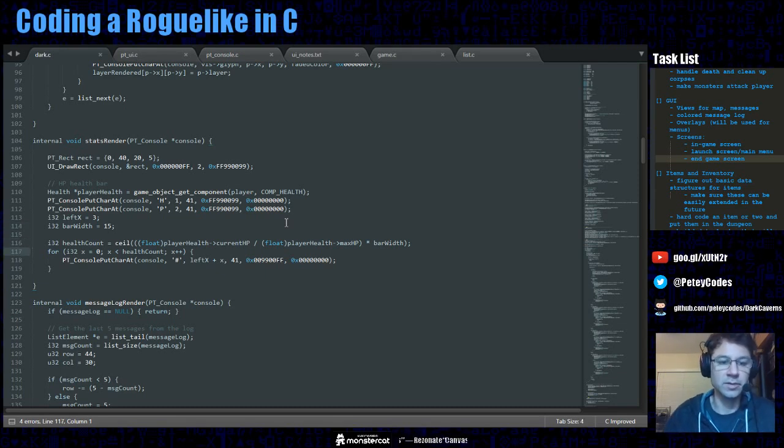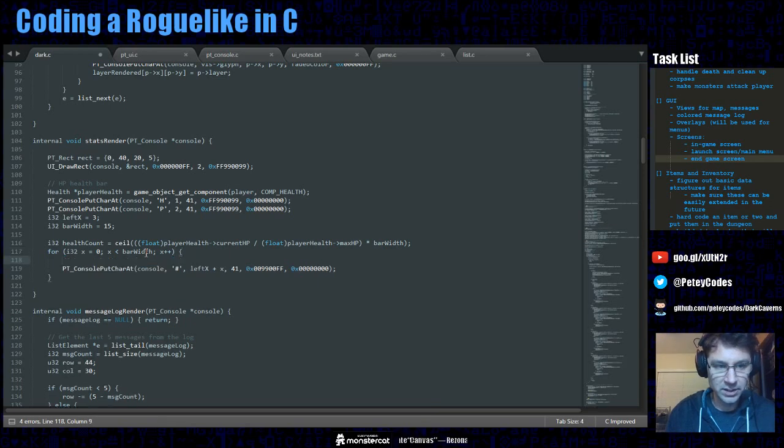Oh, here's what we'll do. So for bar width, we're always going to draw the full bar. But what we're going to do is we're going to say if x is less than or equal to, x is less than